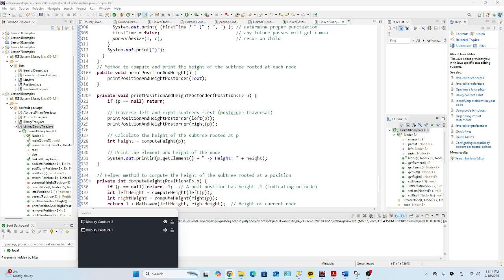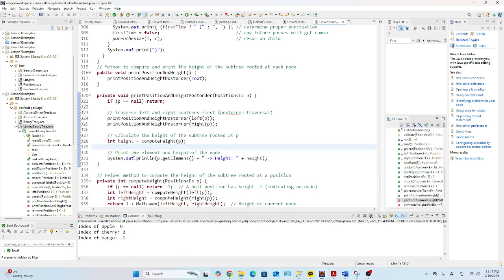This method performs a post-order traversal. First it recursively visits the left and the right subtrees, and then it processes the node itself by printing its element and height. And then the height calculation. After visiting the subtrees, it calculates the height of the current node using the compute height method. Let me move to